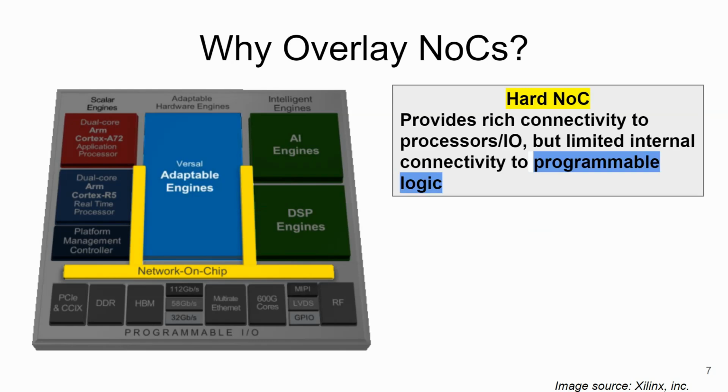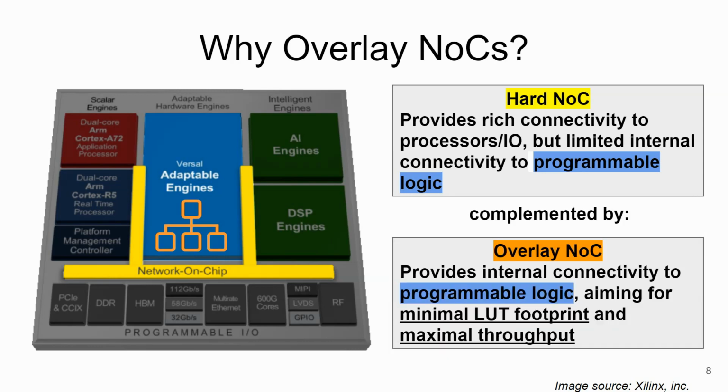While this hard NoC provides rich connectivity between processors, I/O, and the programmable logic, it only provides limited internal connectivity to the programmable logic, for instance between different accelerators instantiated in the reconfigurable fabric. It should thus be complemented by an overlay NoC, which provides this missing last mile connectivity, aiming for minimal LUT